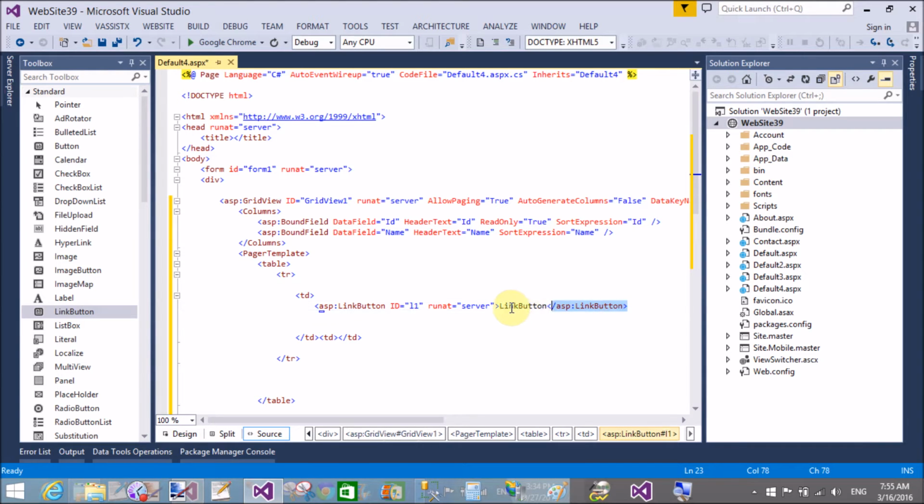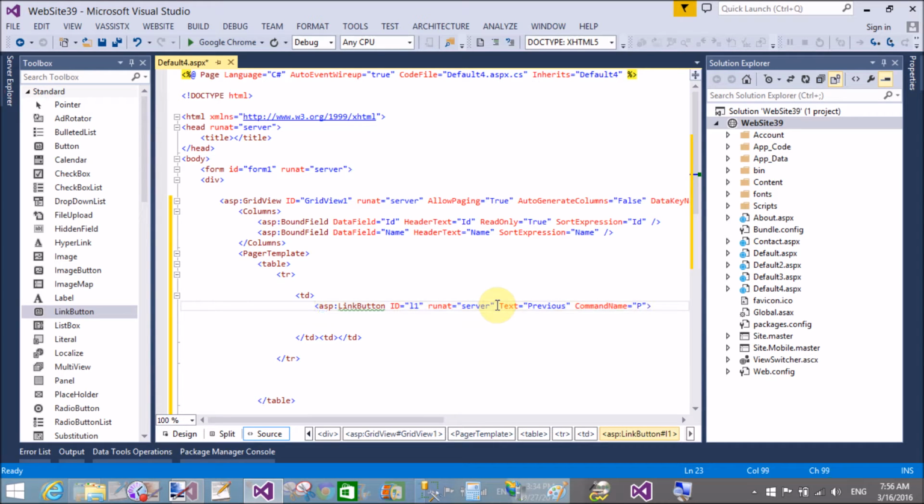The ID of the link button is L1. Now also use the text property of the link button as the previous symbol, or you can add the text as well, previous. Okay, that's fine.